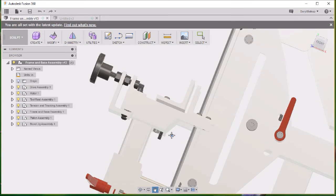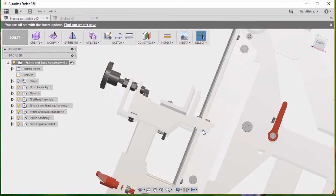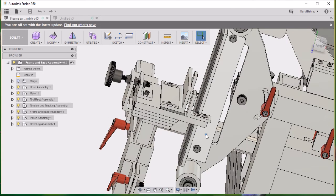I haven't updated this print yet, but while I was home this last time, I went ahead and cut this part off of my current bevel jig, the one I had made out of steel. I took it apart and cut that off, and what that allows me to do is rotate the platen a lot farther over, because the platen will rotate here. It'll rotate far enough that I can now do the secondary bevel, which is the cutting bevel. So this is a full bevel solution right now. I can go from an unground knife blank, grind the primary bevel, and then by having this cut out of the way, I can rotate the platen a little bit farther and get nice